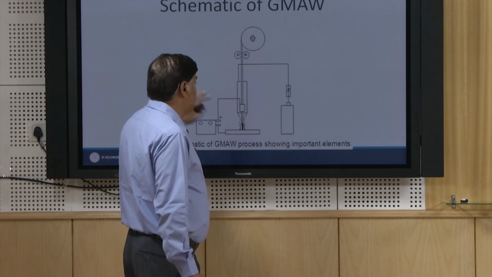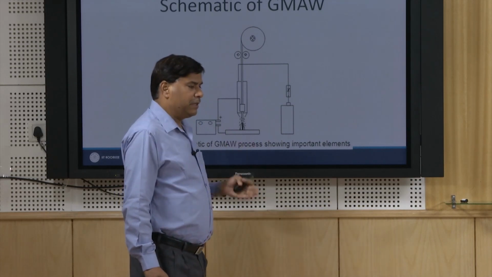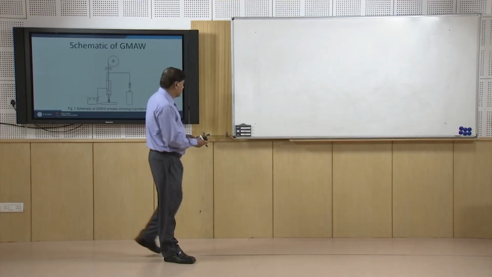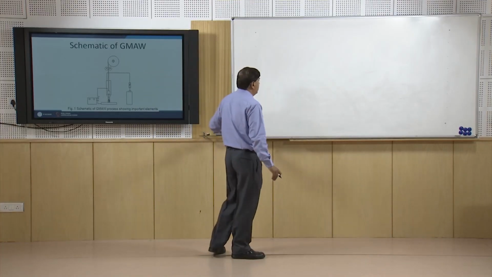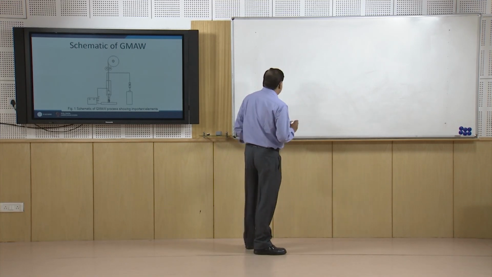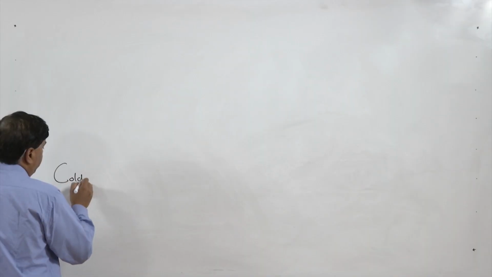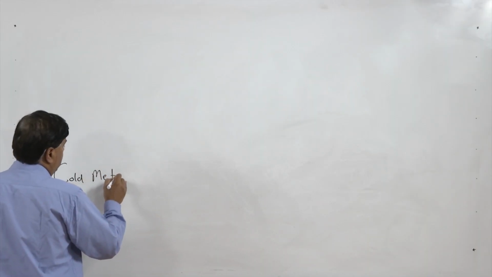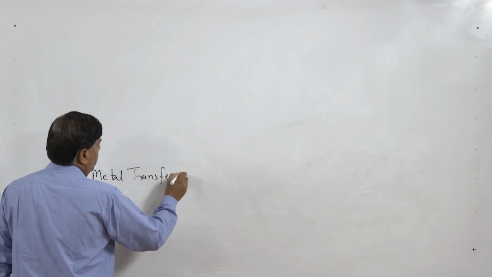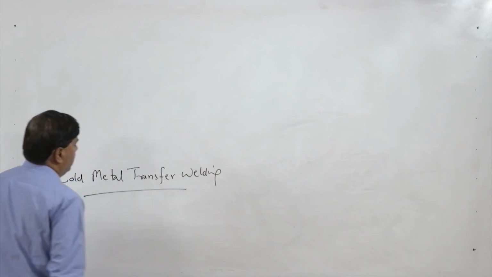So, this is one typical variant; there are various variants of the GMAW process. One variant is the cold metal transfer arc welding. So here, in this process, additionally, if we talk of the cold metal transfer welding,